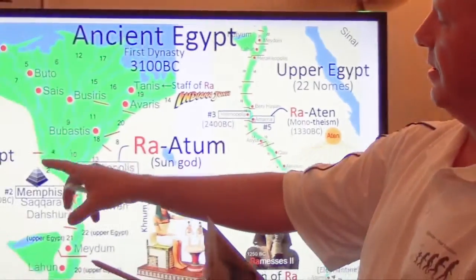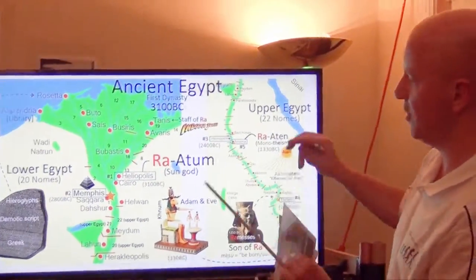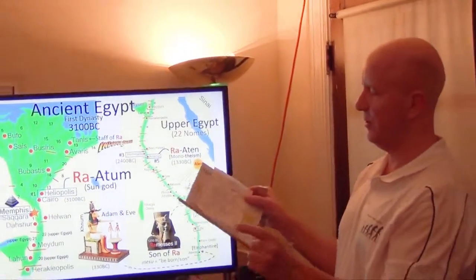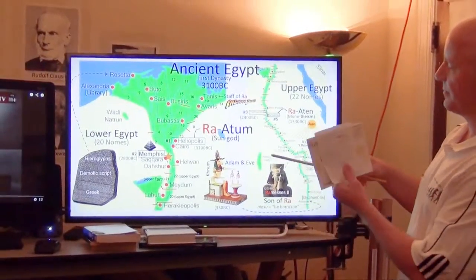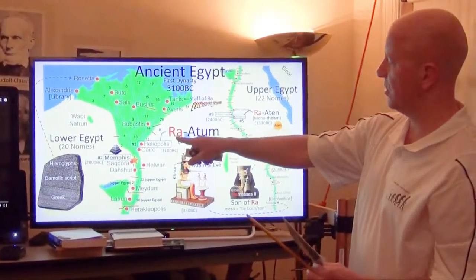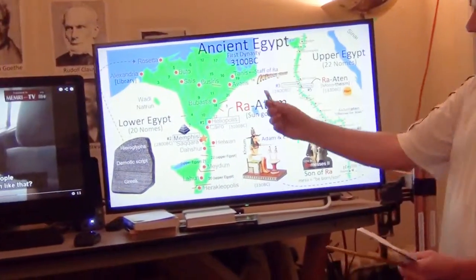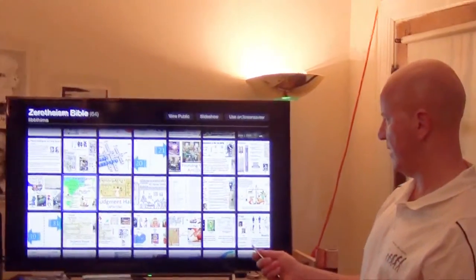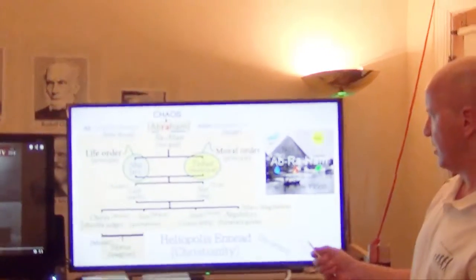so they took this part here, plus the idea about how the sun was carried through the sky first by a bird, and then on a boat, and they rewrote that into Noah's Ark. So in the Heliopolis creation myth, which is the original story of Ra, which came out of Heliopolis right here in 3100 BC. First they said that there was